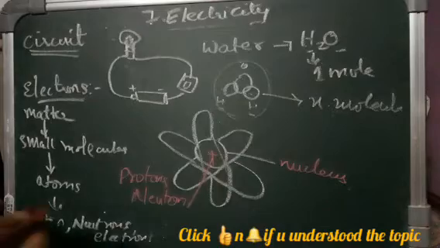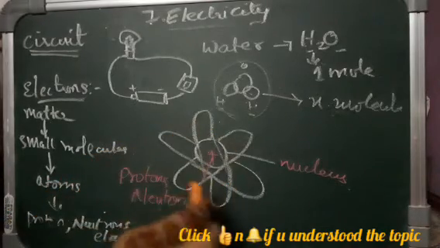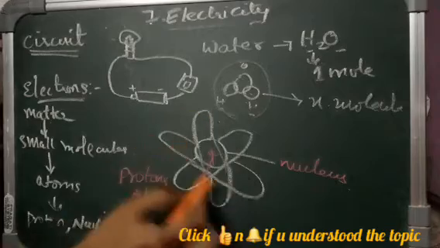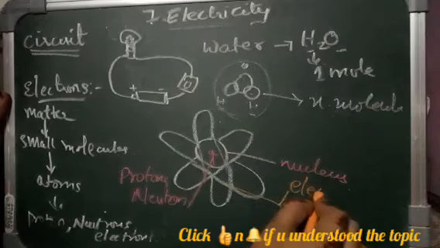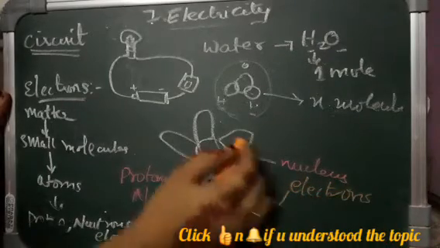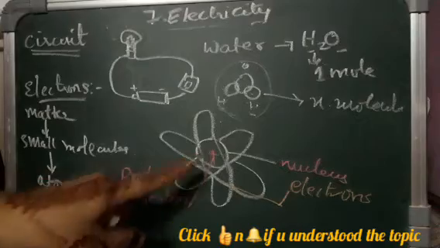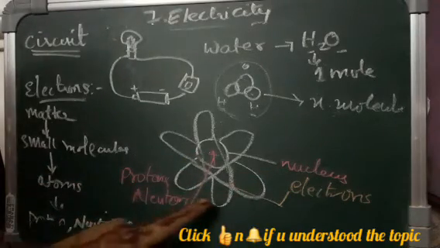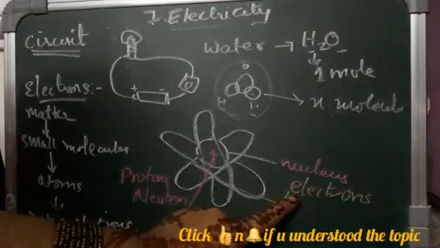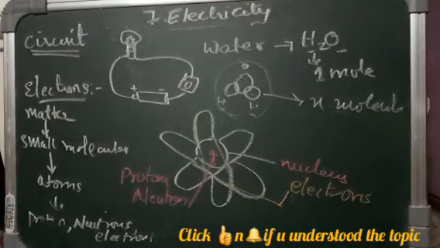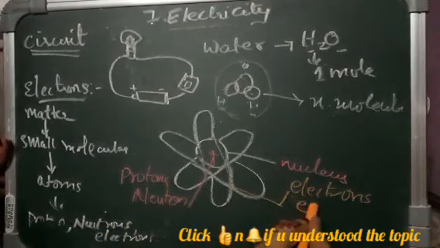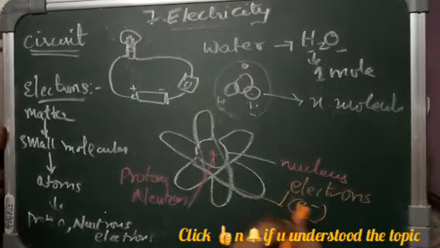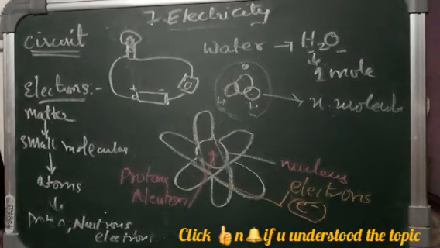Now whatever you are seeing around it do not exist in a fixed position; they will be rotating all the time. These are nothing but electrons. They rotate in a fixed orbit around the nucleus. So the nucleus comprises protons and neutrons, and the electrons revolve around it, like a solar system, isn't it? So I hope you have understood what electrons are now. They are symbolized with e minus.